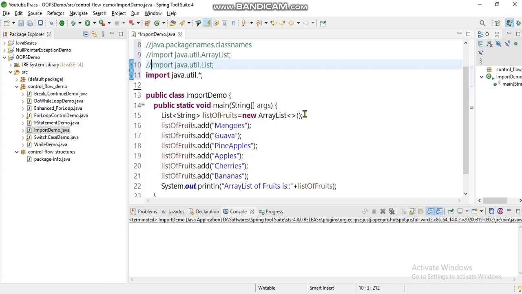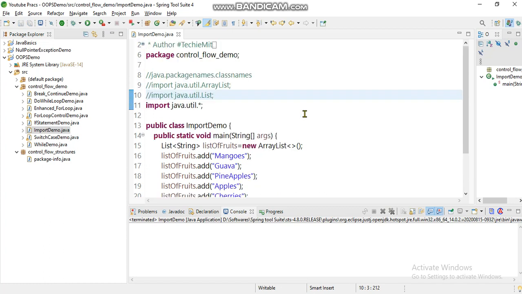So this video was all about packages, the naming conventions, how to include other classes or built-in packages or built-in classes in our program with the use of the import keyword, when and where the package should be defined as the first line of the program, and how import should be defined after package. We covered it in entire detail in this video.